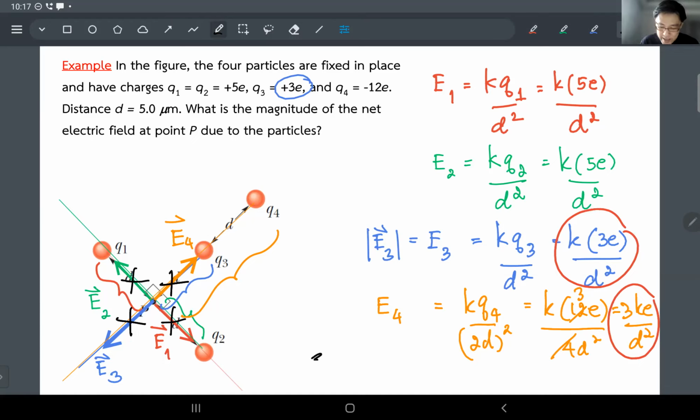All right, so at the end, the net electric field at point P, you can just say it's zero. It's just perfectly canceled. So you get zero electric field at point P, and then you are done. Cool. All right, guys. So I hope by doing this problem here, that reminds you what we did last time,